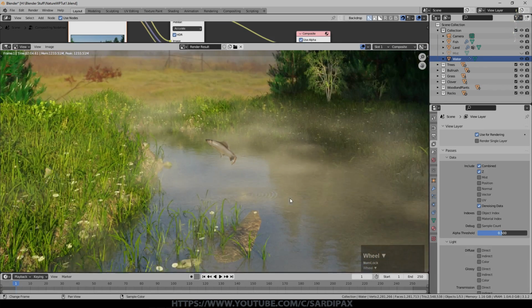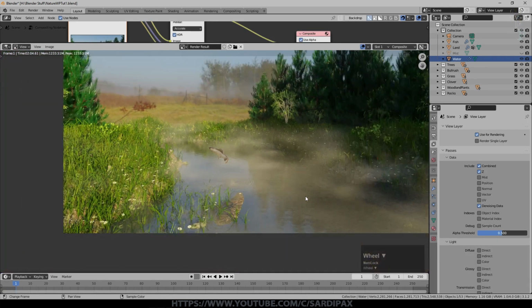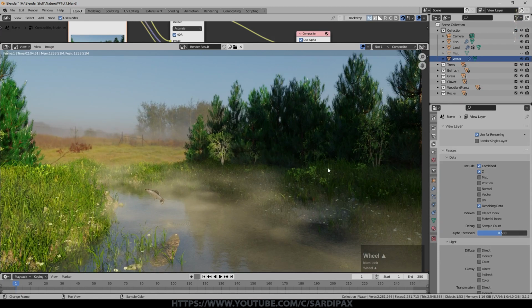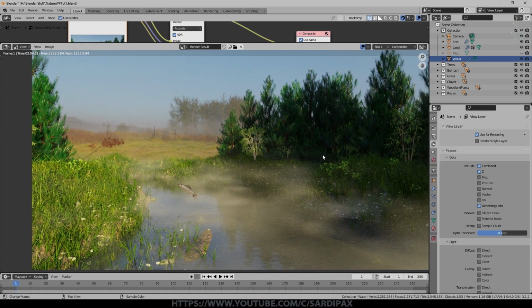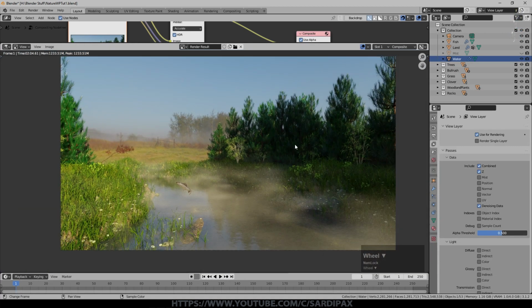You see there's our fish, there's our little ripples that he's just created. I added a few little water drops as well. But for a quick scene, haven't even added all of the assets into there. Needs a bit of playing around with the colors, but I think that's not bad. It looks quite like a painting to me.